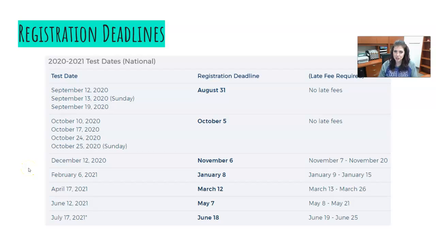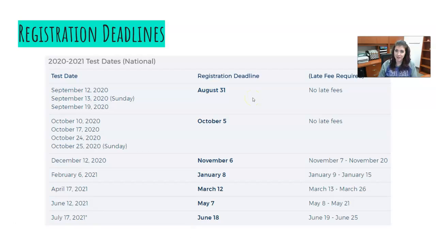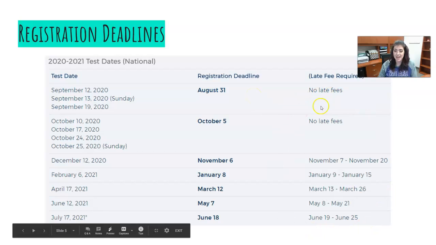Here are the national test deadlines, and it does look a little bit different than years past. Because of COVID, they added some extra testing dates in September and October, but typically there's one test date in each of these months. The registration deadline is super important to be aware of to make sure that you're meeting that deadline for registering for the ACT test. If you do miss that deadline, there is a small window of late registration, but there is a fee attached